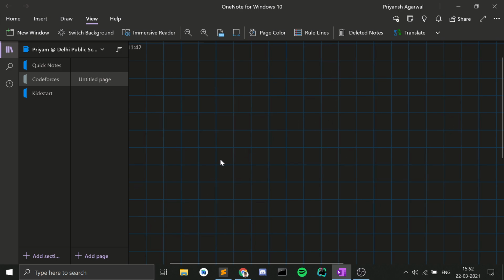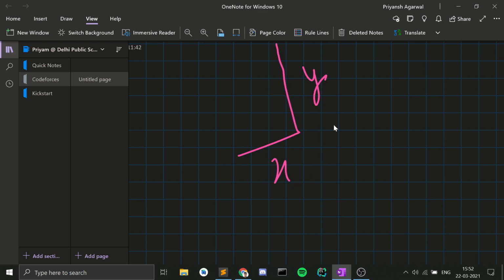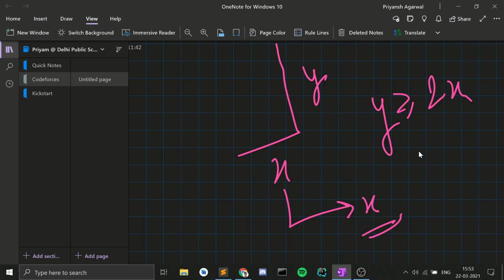But another thing that you can observe here is that if the length of this is x and the length of this is y, and y is greater than or equal to 2 into x, then you can form all the L shapes such that the length of the shorter side is x, right? And if this condition does not hold, then you can only form all those L shapes such that the length of the shorter side is at max y by 2, right?